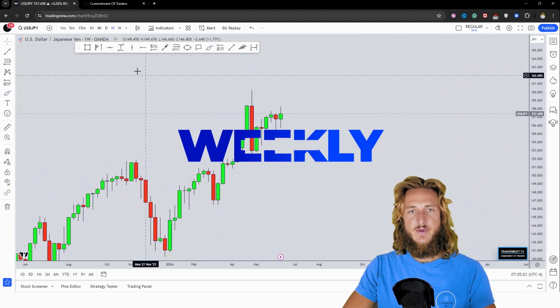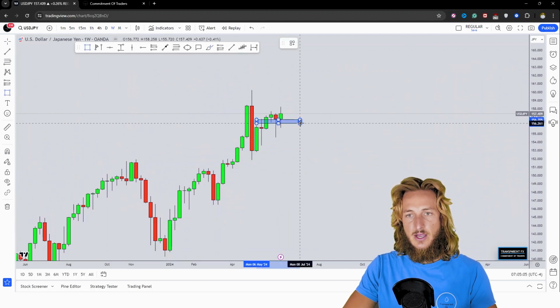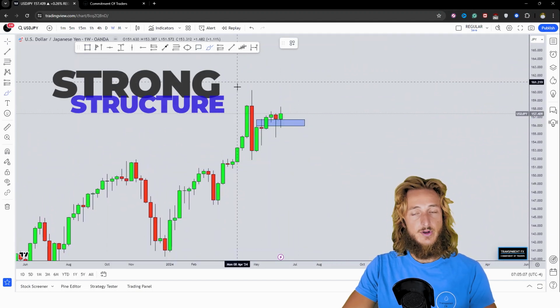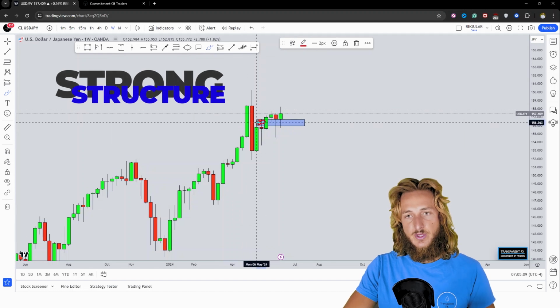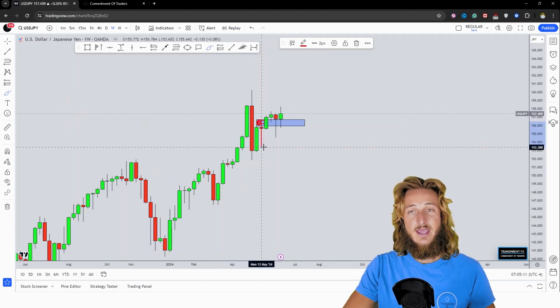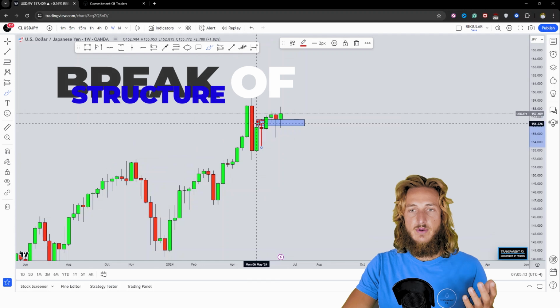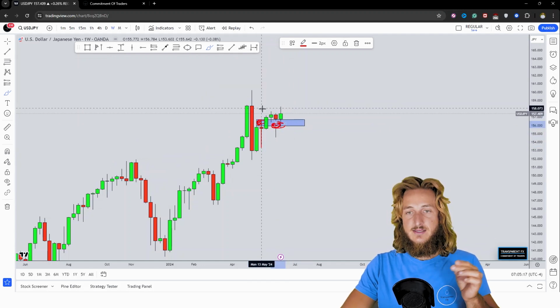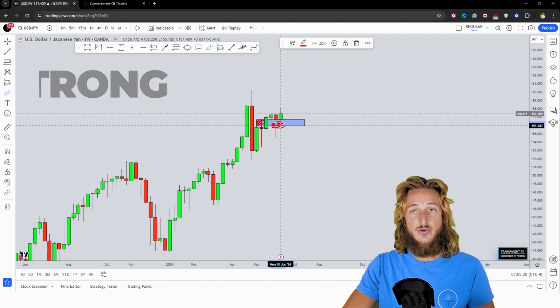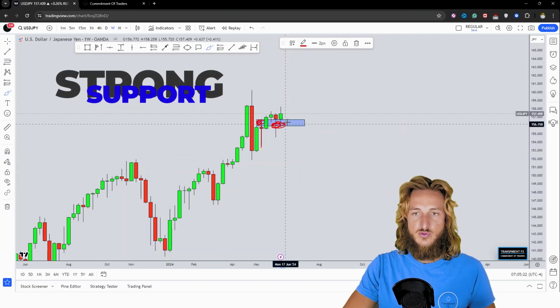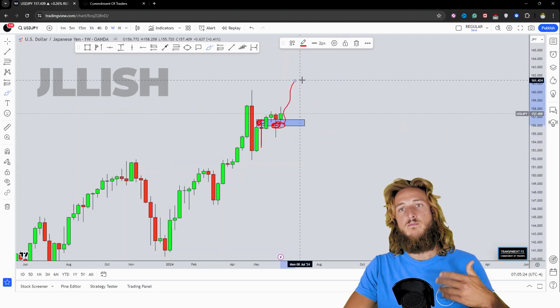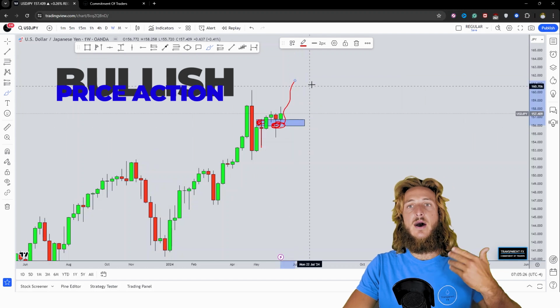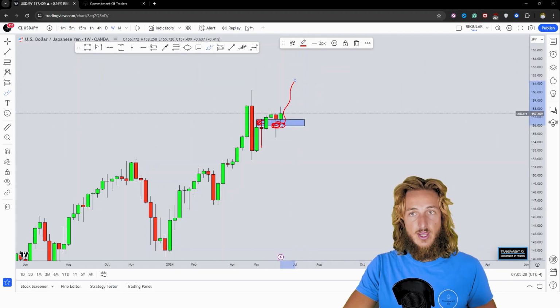Well, from a weekly perspective, what we can notice is that this area is quite important structure. It was acting as previous weekly resistance with the creation of this red candle. Then the market broke above that zone and that previous resistance was turned support. So now the market is testing this previous weekly resistance turned support, respecting it as support. And there is the possibility to see some bullish price action being created away from this support area from a